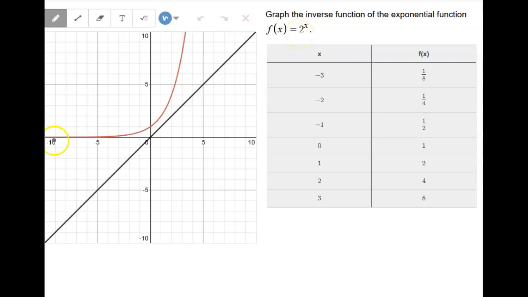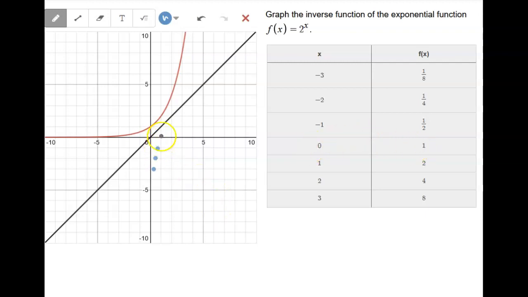And that's this red graph right here. What we want to do is graph the inverse of that function. So if this is our x and this is our y for the exponential function, then for its inverse we would switch those. So our points would be 1/8 and negative 3, 1/4 and negative 2, 1/2 and negative 1,